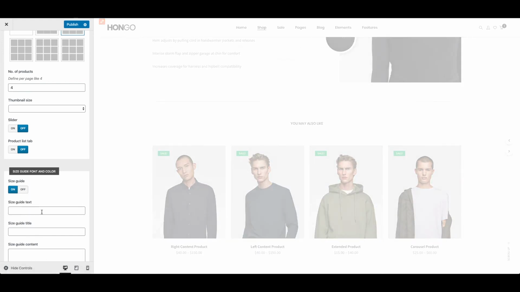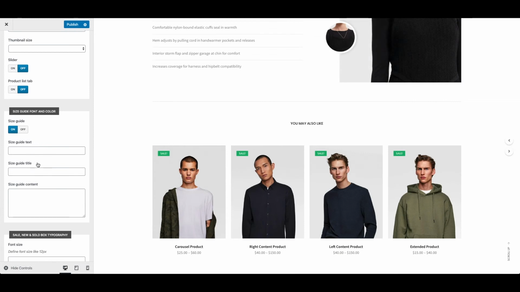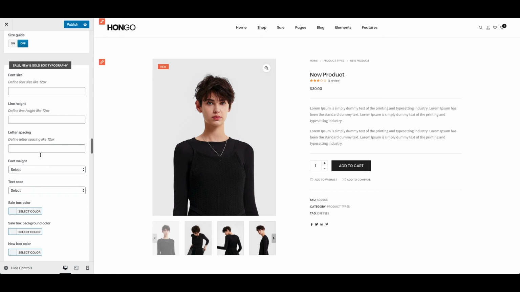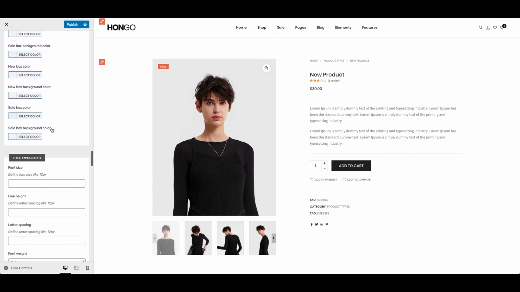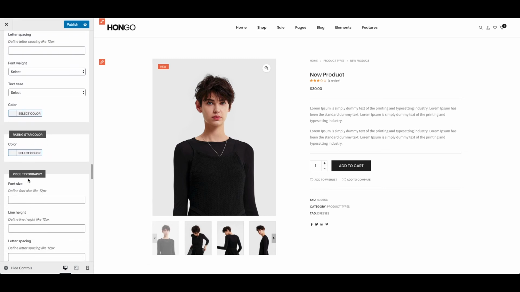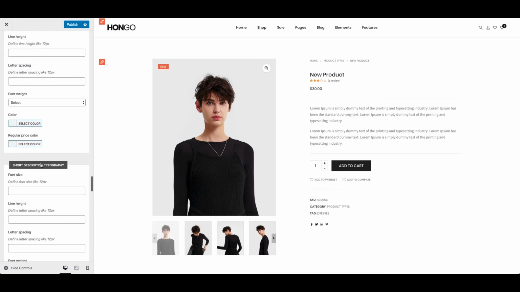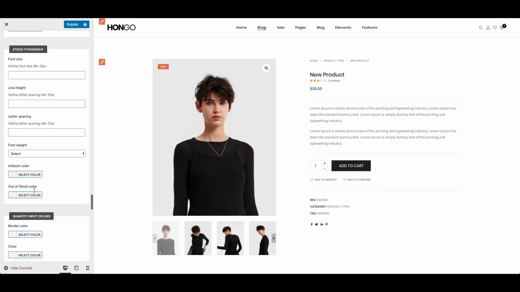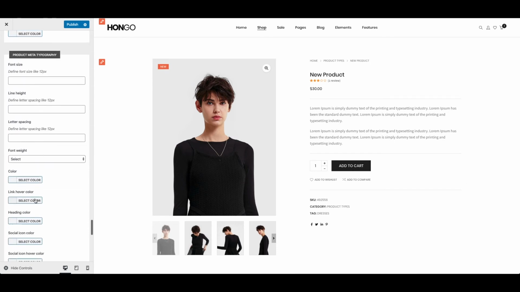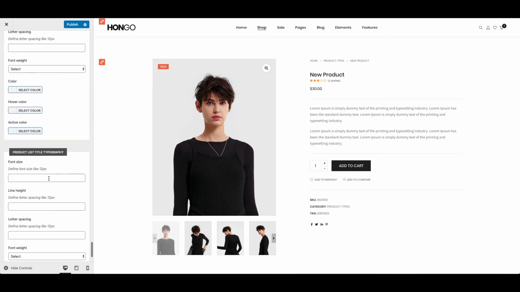In this section you can enter size guide title, text and content if it is general for your overall catalog. You can also add this content product-wise and edit product. Many different elements, typography and colors can be managed easily, like for sale, new and sold label, product title, rating star, price, short description, stock, quantity input field, add to cart button, product meta, product tab titles, product list title,